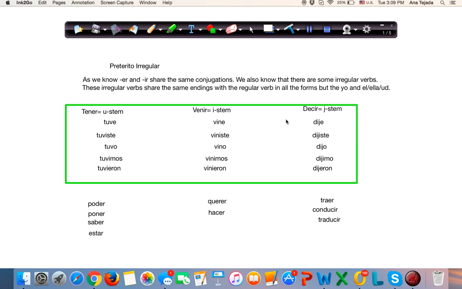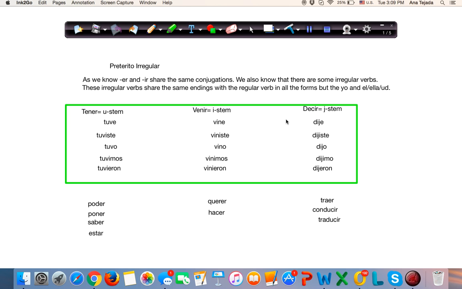Okay, first of all, you're gonna have to memorize them. There is no single rule that identifies these verbs as irregulars or regulars. So you have to know which verbs are regular, which verbs are irregular. So I recommend to fill out tables or to practice them writing. That usually helps to sink in this kind of information. Okay, so let's start with this.